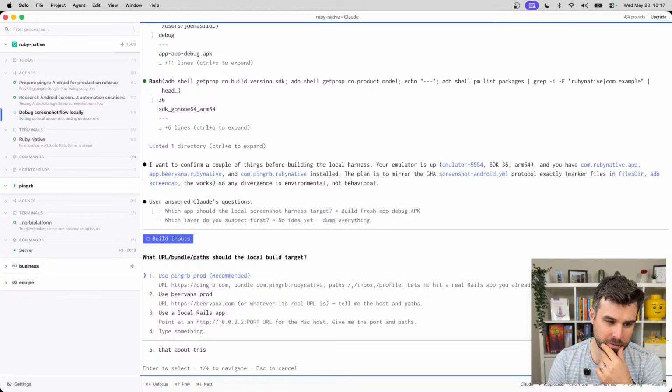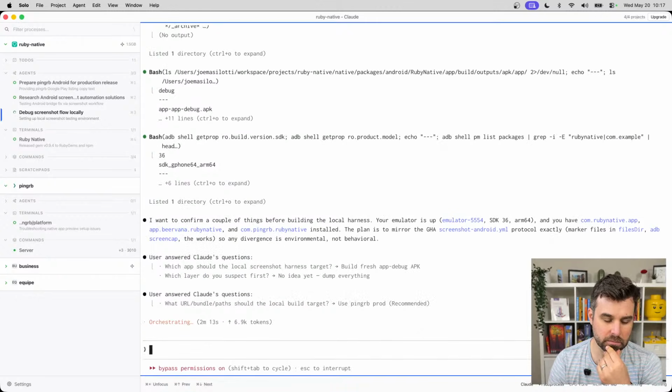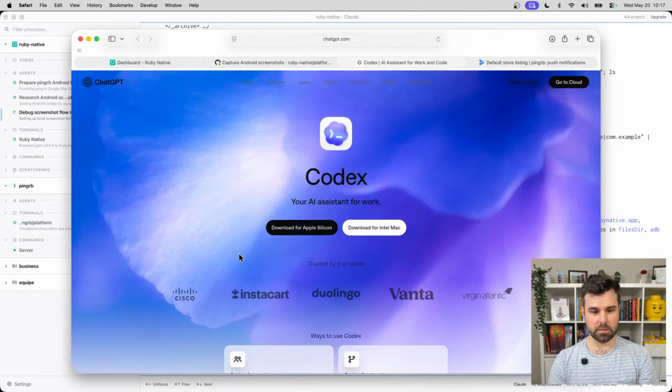If we hit production, we can't make changes, but it also is going through Cloudflare. So let's do that. Because I'm wondering if that Cloudflare